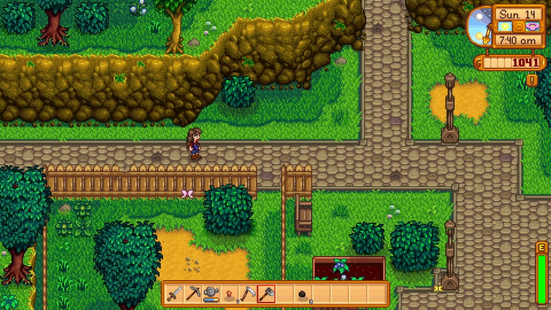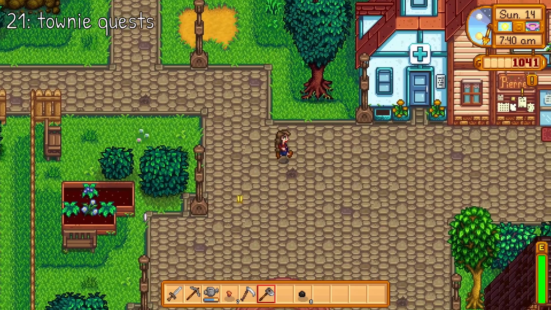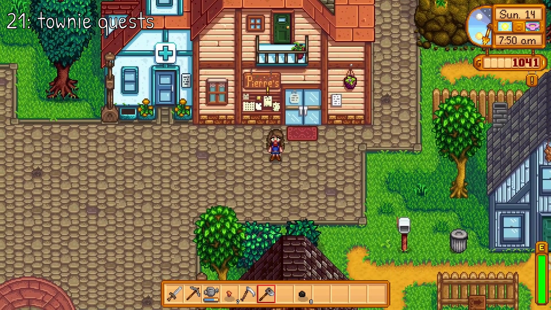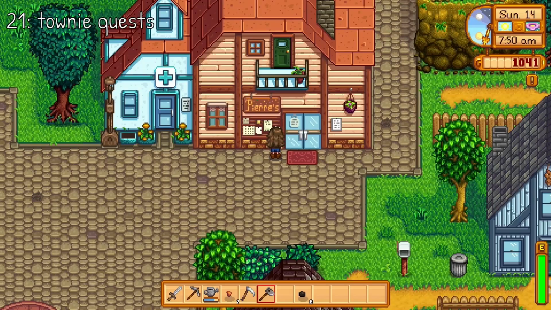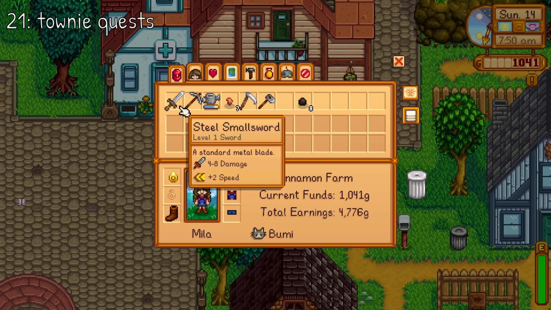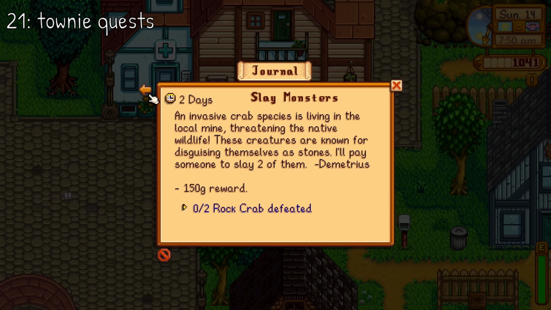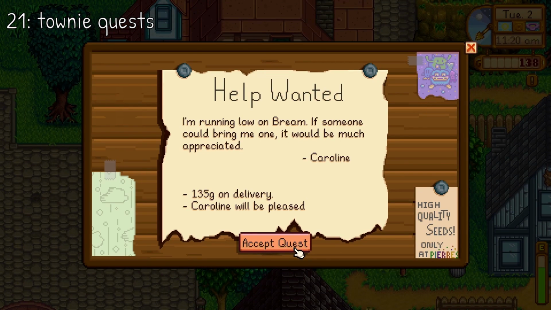Tip 21. During your time in Stardew Valley, you probably stumble across many different quests from the NPCs on the town bulletin board, or whatever you want to call this. You definitely want to do these quests, and there is no penalty as far as I know on failing them. But yeah, every time you see a quest popping up on the bulletin board, just accept it, try to complete it. It does give you a nice chunk of coins usually, and it helps out with the